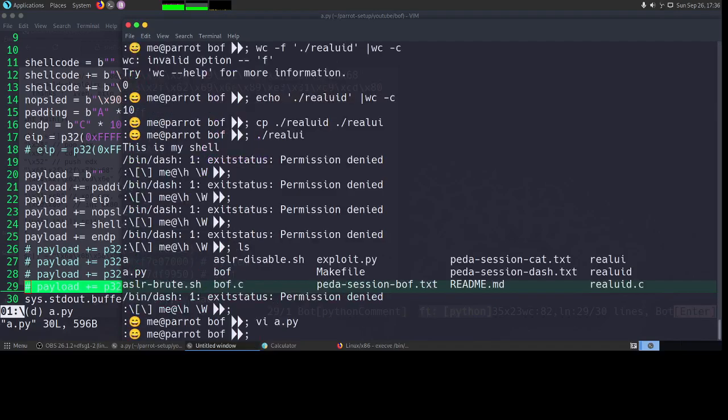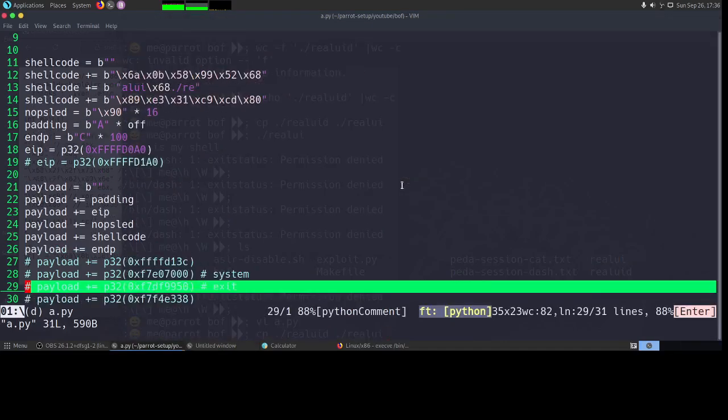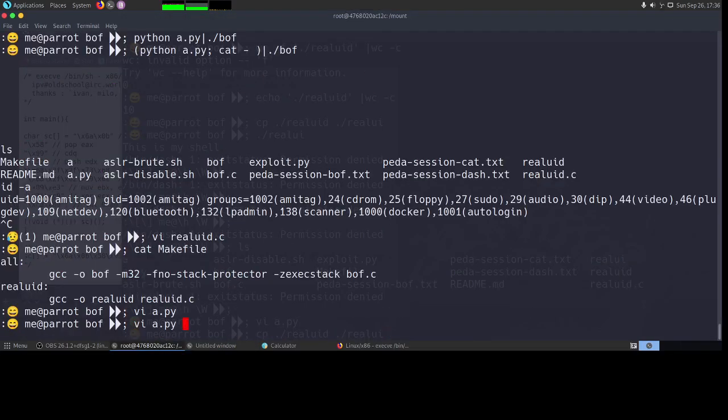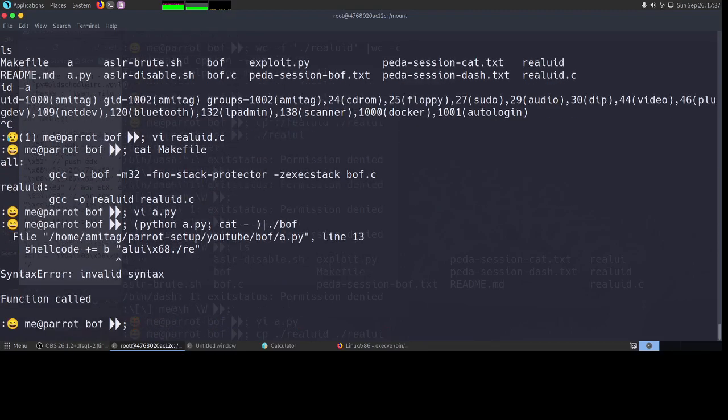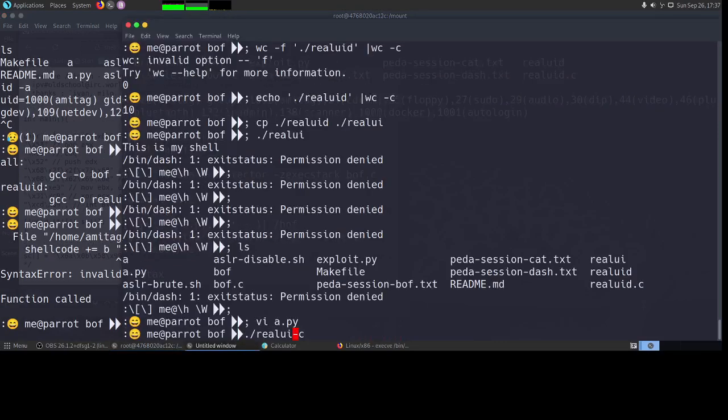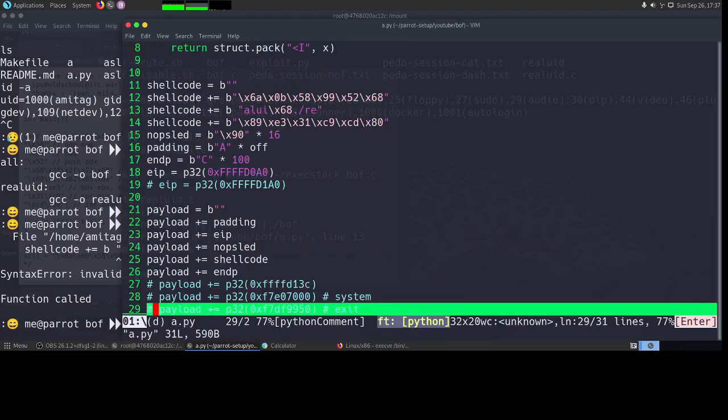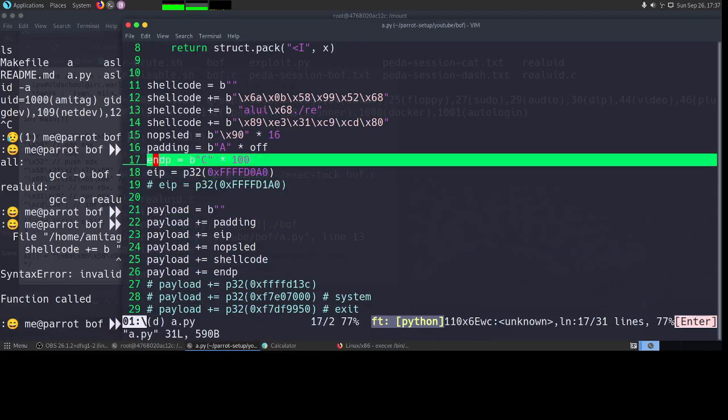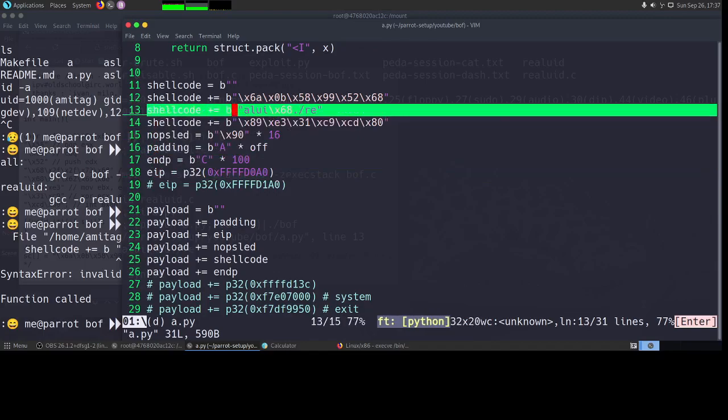Okay, so now let's again run this. And we did something. I have a space here.